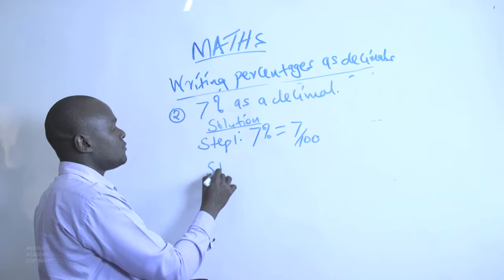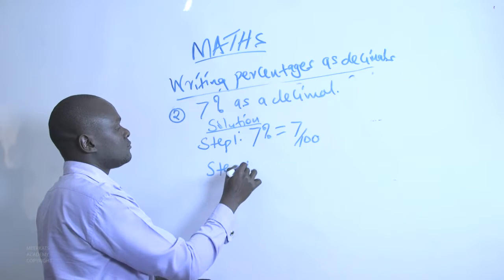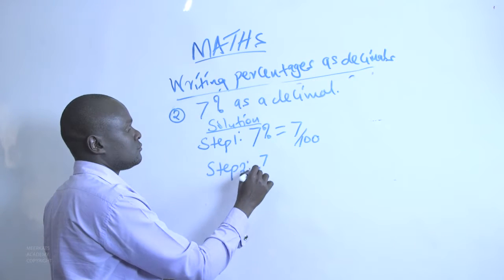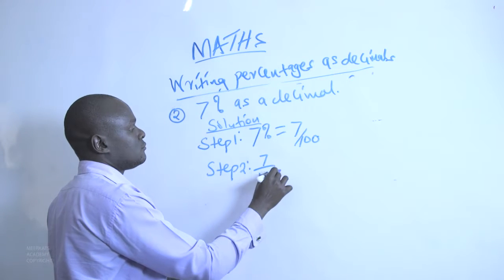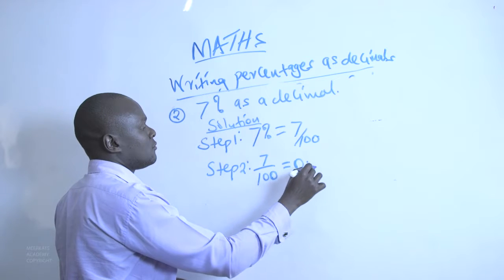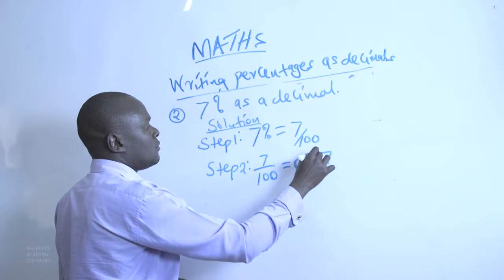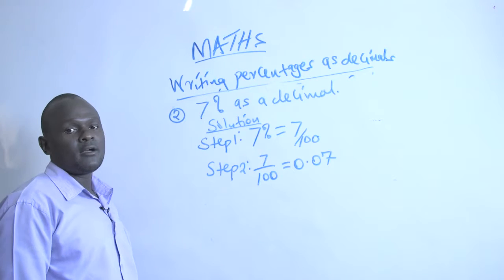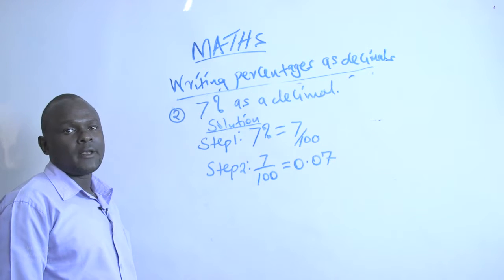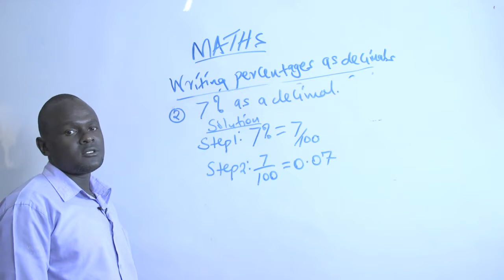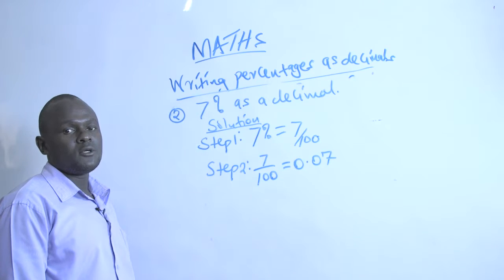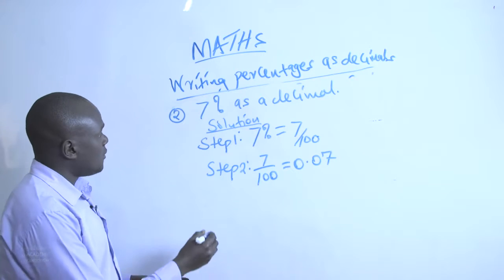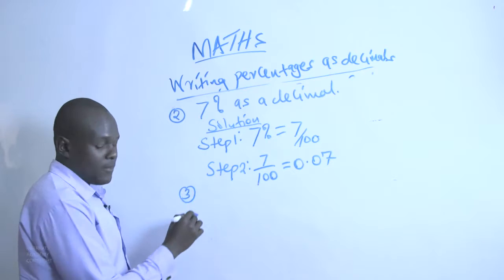Then step number 2, we carry out division. And remember this particular division, since in the denominator we have a number with 2 zeros, it is the same as moving the decimal point 2 places to the left. Our third example